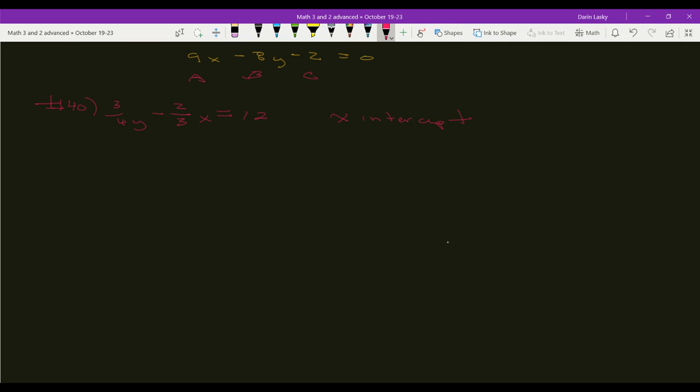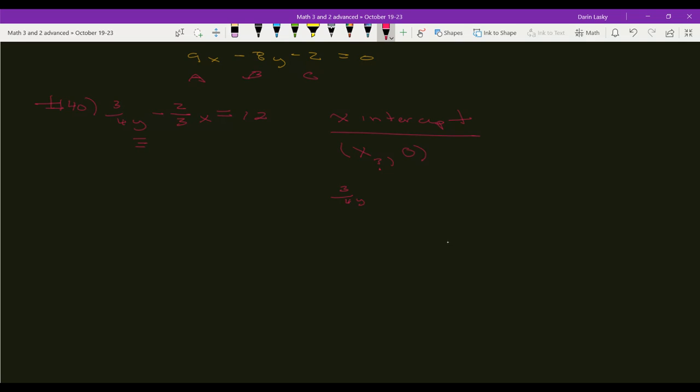So if we're going to find the x-intercept here, we have to say, okay, if I have the x-intercept, I'm going to have an x value, which we don't know what it is, so it's x question mark. And it's always going to have a y value of 0. So if we know that, then we can take this y value and make it 0. So then we're going to get 3/4